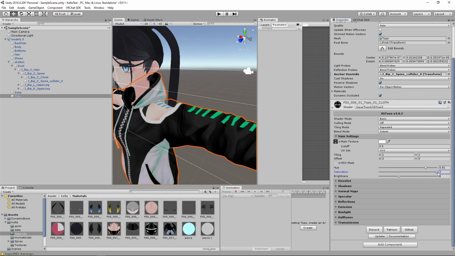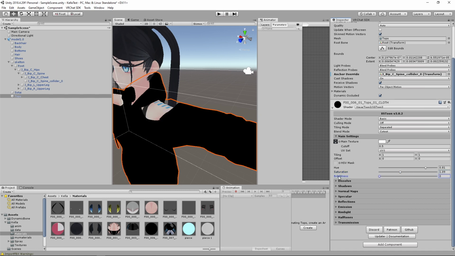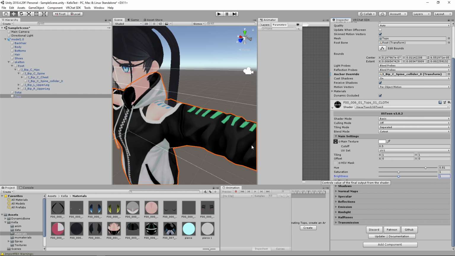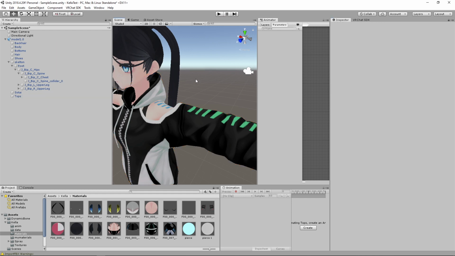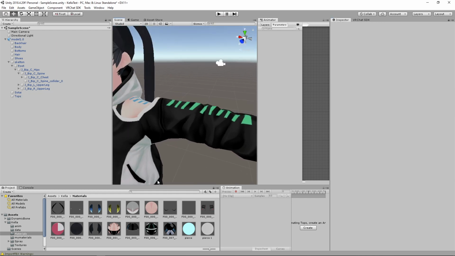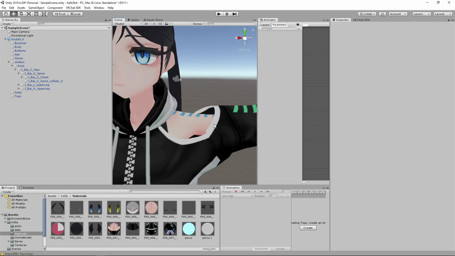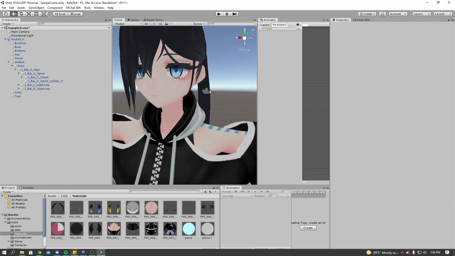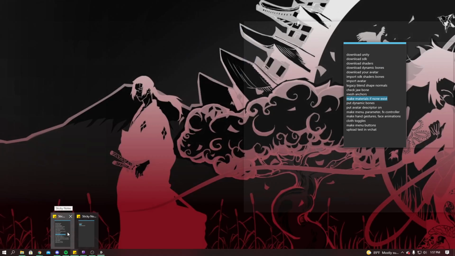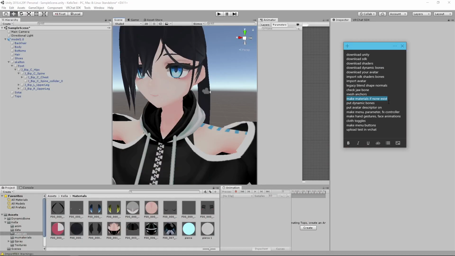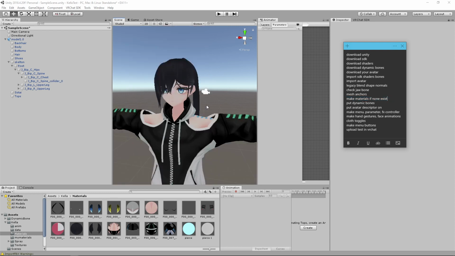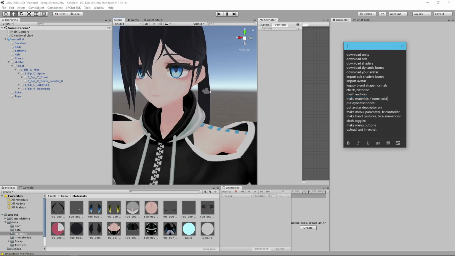I can change a few things about this. I can change how bright the whole jacket is. I can change how dark it is. That will vary from shader to shader. Every shader is capable of doing different things. That's why people use different ones. I'm just going to leave it like this for now. I think everything looks good. If you like the way that your materials look, then you shouldn't need to fiddle with them anymore. Everything should be okie dokie. So, now that you made your materials and got your avatar looking the way it wants,